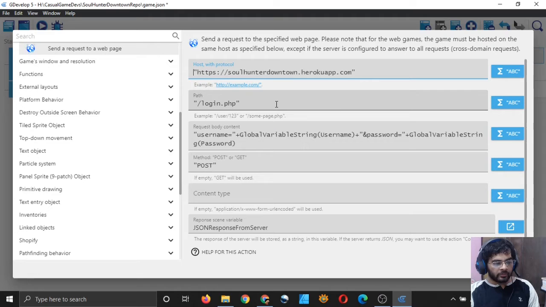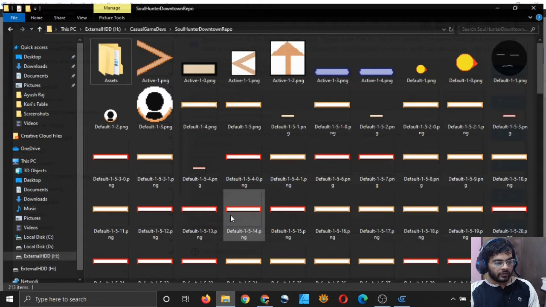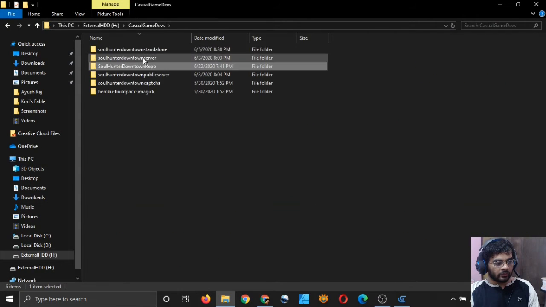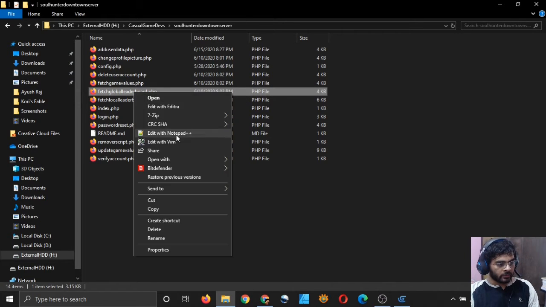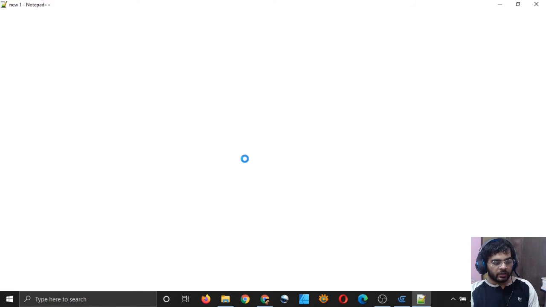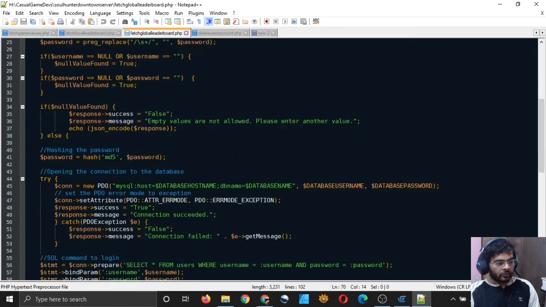So which script do we want to send the request to? The script which will fetch the global leaderboard. So let me just go to my server code and see the name of that script and what it requires. This is fetch global leaderboard.php, and I will simply open it in Notepad++ just to see what it requires.